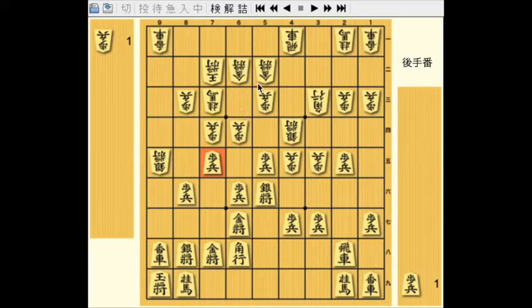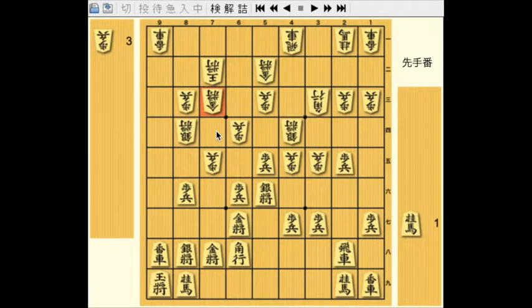I think there is a way to defend by the gold, but Gote chose just taking the pawn. This pawn means he will give the knight, but the Ibisha Anaguma Sente lost the pawn, any pawns. So this has a meaning. Let's see, and move the silver. So at this timing, the Sente cannot drop the pawn because he already used the pawn. Take the knight. So Sente has to take the lance, and Gote can take